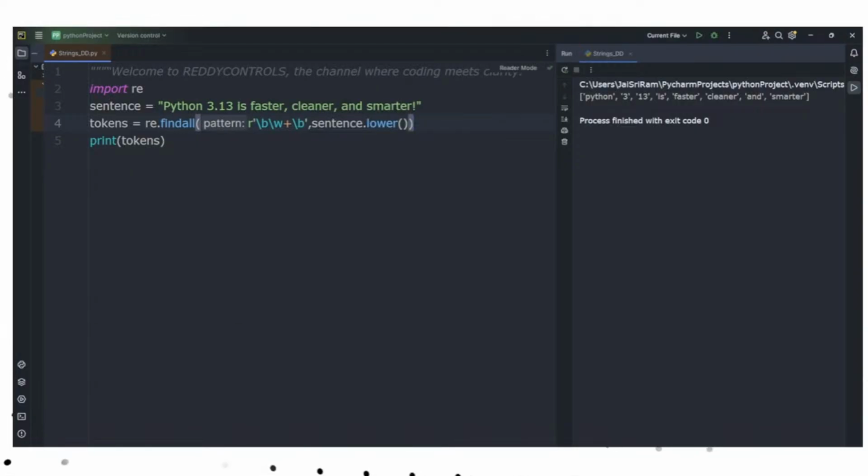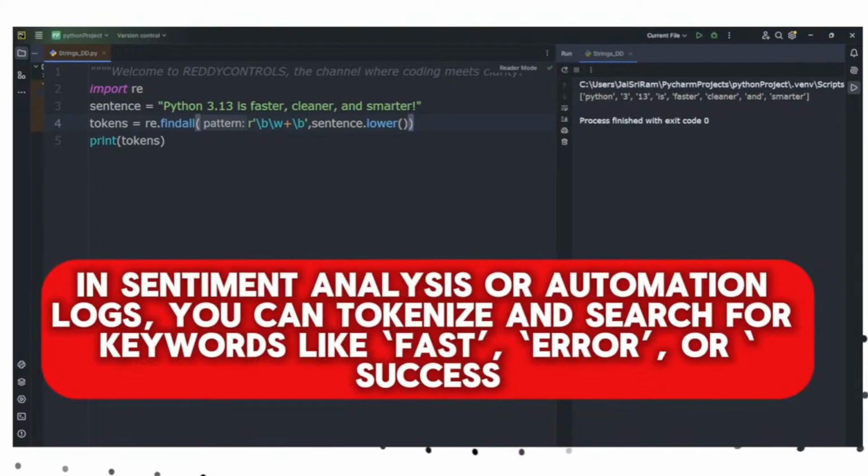So where is a tokenizer useful? A tokenizer is useful for sentiment analysis in machine learning, where if you look at a review for a hotel or review for a